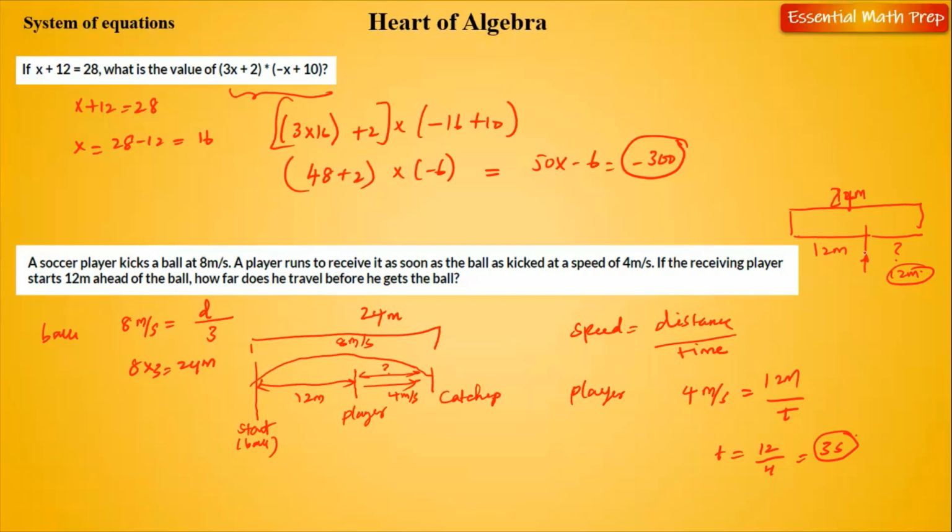He only has to catch up to the ball, which means after the 8 meter per second kickoff, the ball has traveled a total duration of 3 seconds and 24 meters. To get to 24 meters, he has 12 meters, which means he has to run 12 more meters to catch the ball here. So the answer is 12 meters, not 24 meters. You see,